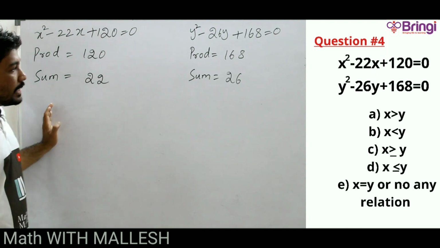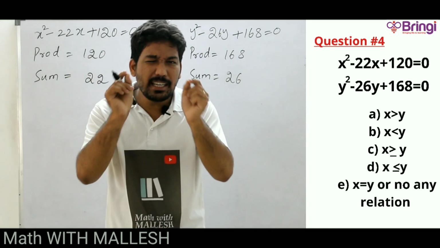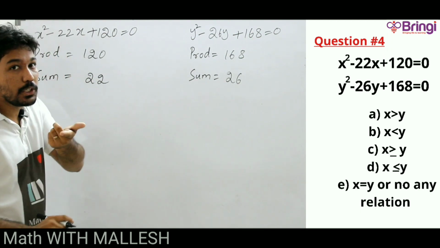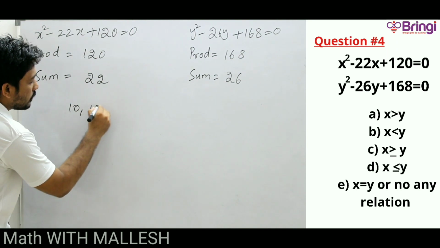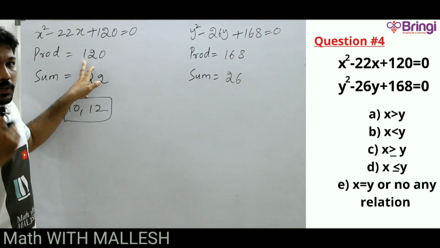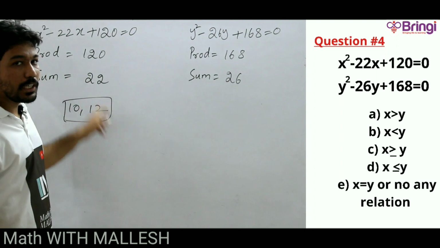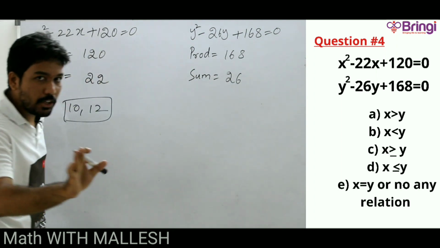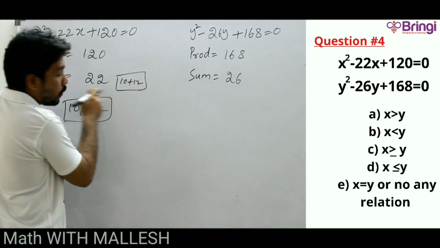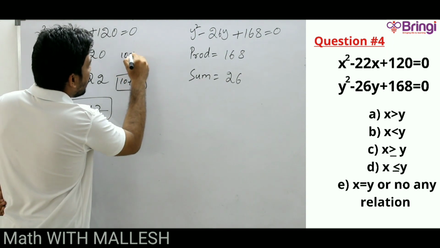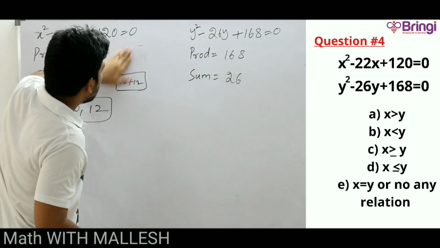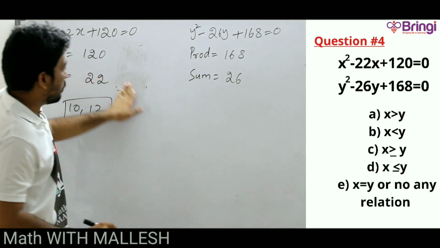Now, here and here you have to use a little bit of brain. I want 2 numbers whose product is 120 और sum 22. एक बार चेक. 10 into 12 पक्का 120, no doubt. और 10 plus 12 is 22. खत्म. Correct or not? 10 plus 12, is 22 coming or not? Coming. And 10 into 12, is 120 coming or not? Yes, coming. So these things will give you somehow confusion.